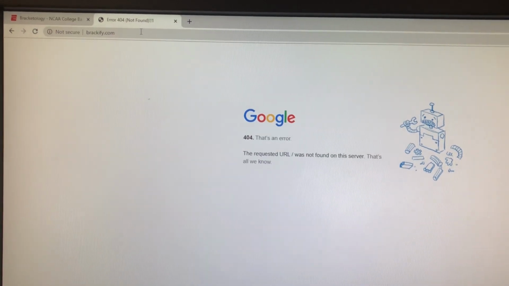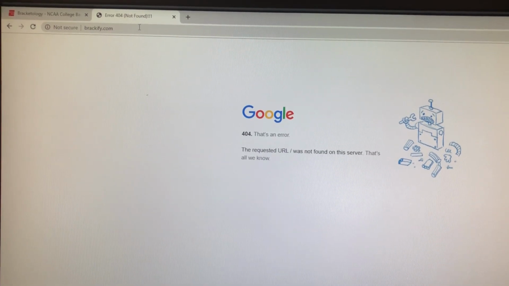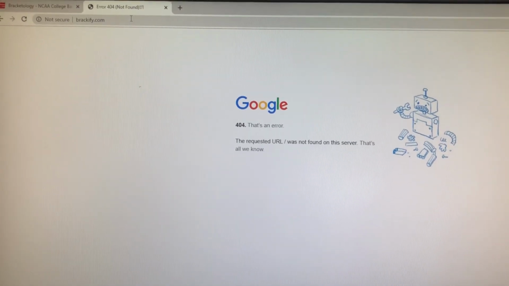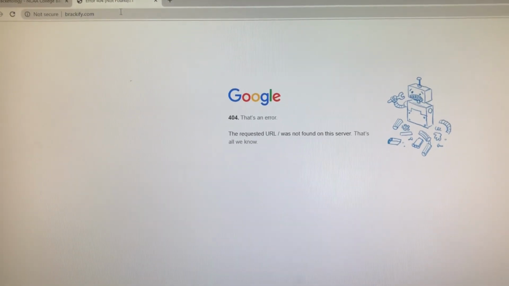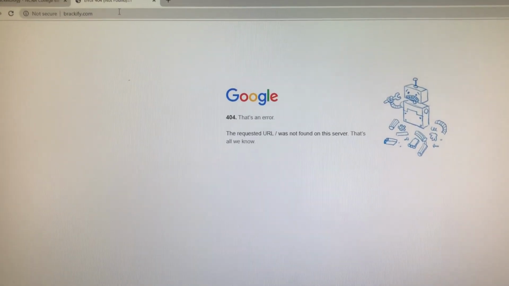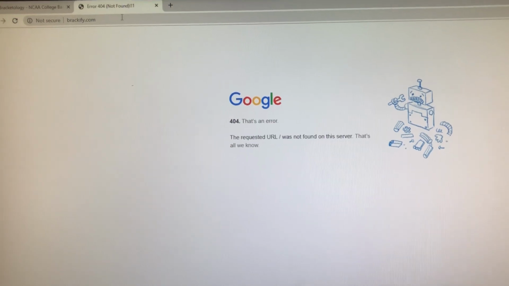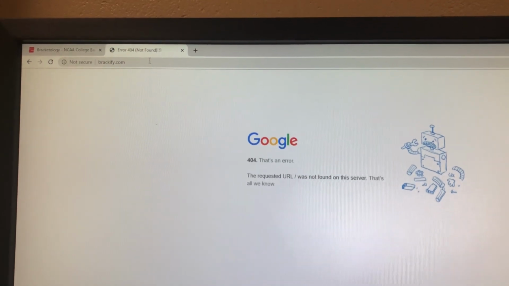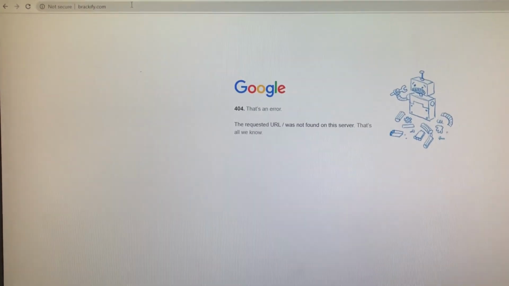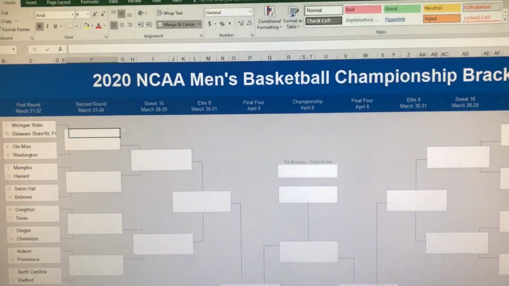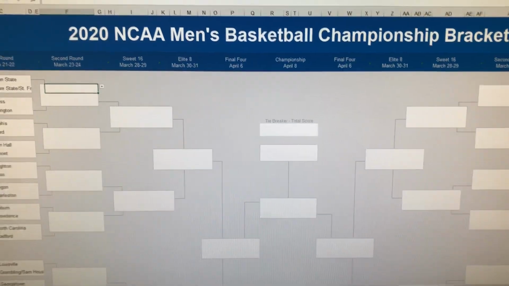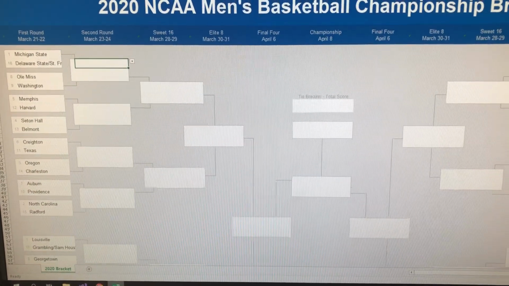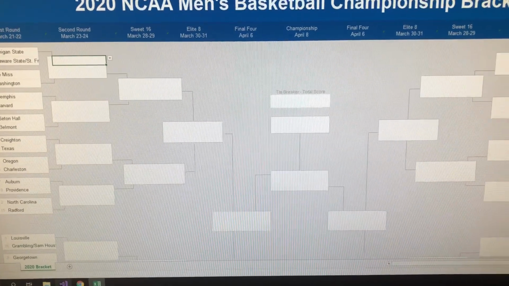But first, I just wanted to say Brackify is now down. I know last year they had said it was going to be going down December 31st, but it ended up sticking through the end of the college basketball season and the tournament. But now Brackify is officially down, so we will not be able to do the voting and stuff unless one of you subscribers can find something similar to Brackify. I've been researching around, but a lot of it you have to pay for, and there's not really interactive stuff that has all the pictures that I had used on Brackify. But I did find an Excel template for an NCAA Tournament championship bracket, which I can post as a link in future videos if you guys want. It has all this breakdown of the different brackets and stuff.